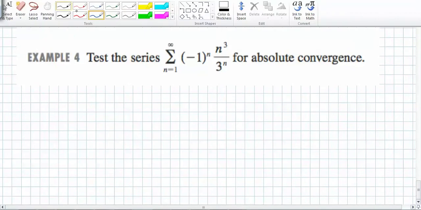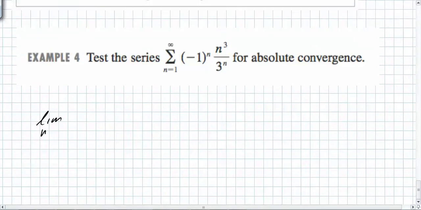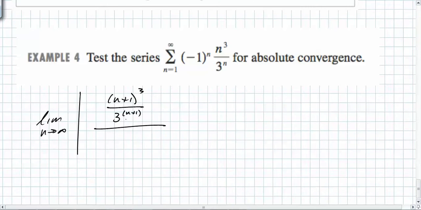So what are we looking at? If we want to actually use this ratio test, we're looking at the limit as n goes to infinity of the nth plus 1 term, right? So what's that going to be? n plus 1 to the what power? 3 over 3 to the n plus 1, all over what? n to the third over,